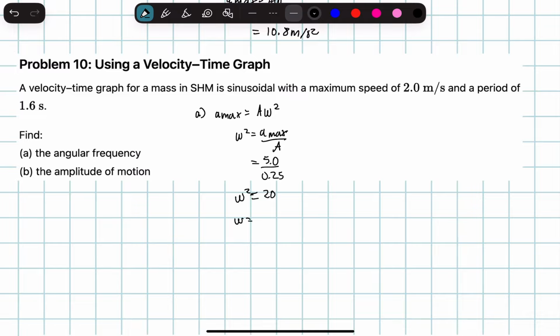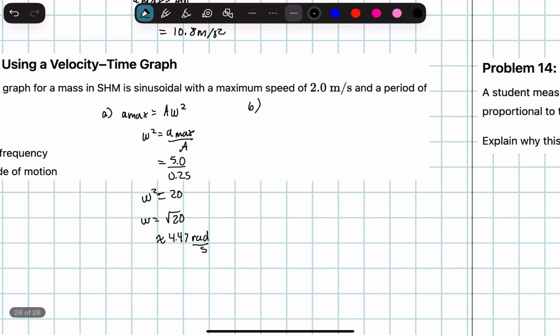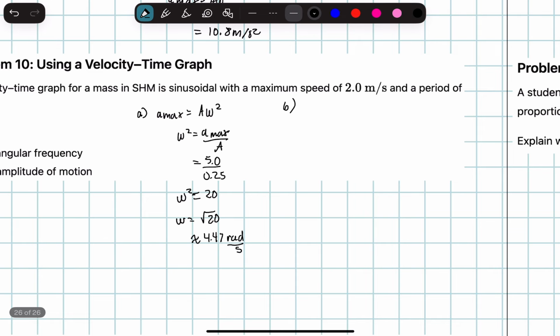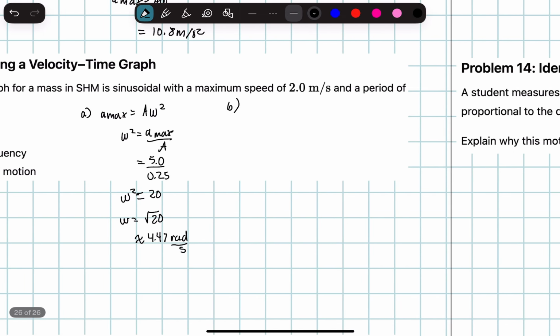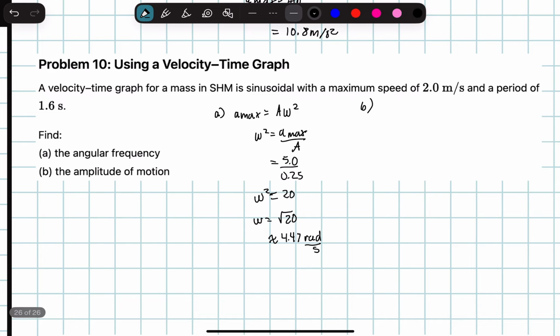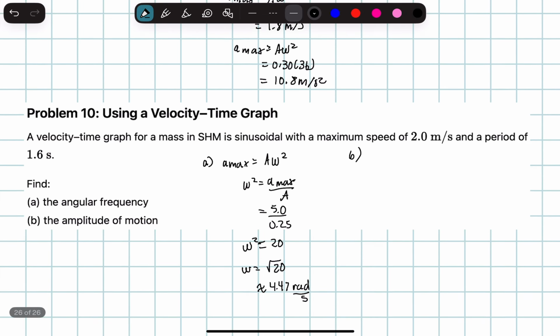Now that means omega is equal to the root of 20, which is approximately 4.47 rad per second. The amplitude, the amplitude of motion,